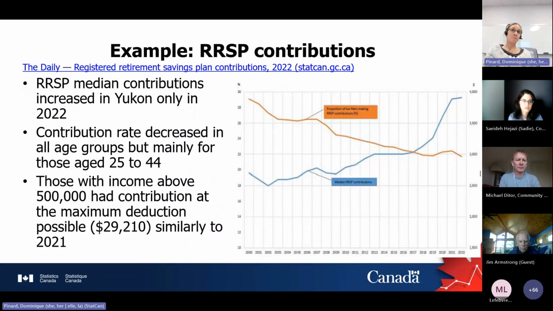Another example is the RSP contribution. So with the introduction of the TFSAs, we saw that the proportion of taxpayer TFSA being the,